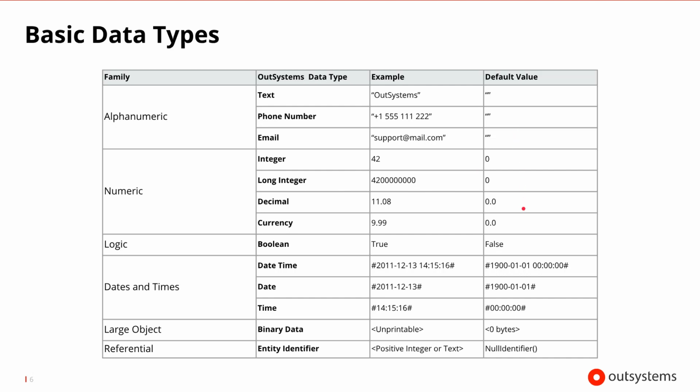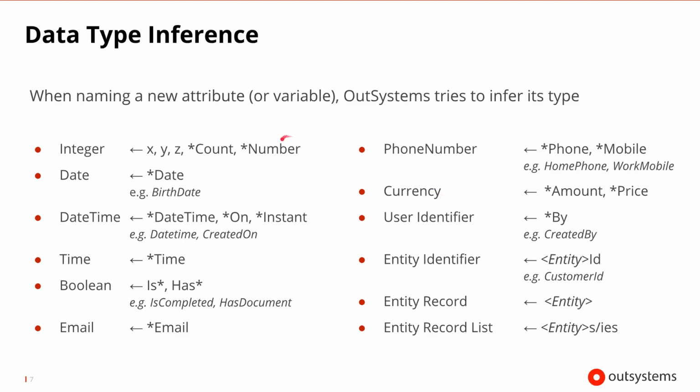it also lists the default values that can be used or would be used for each of those data types. Now inside of OutSystems, when we name a new attribute, or any variable that we create as well, OutSystems will try to infer what that data type might be. So if we were to say something like it is the birth date, it would assume that that is a date because it sees that the date exists. If we said something like this was created on, it would assume some sort of date time because created on